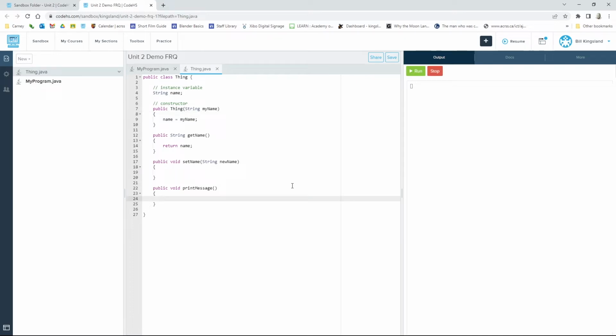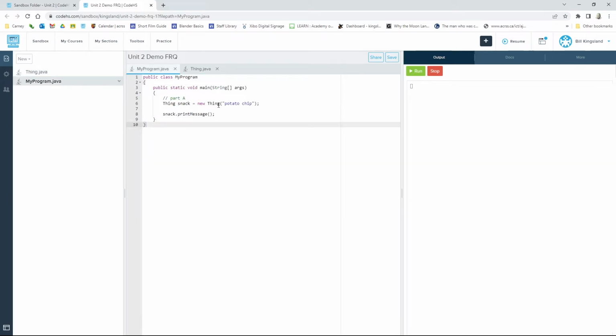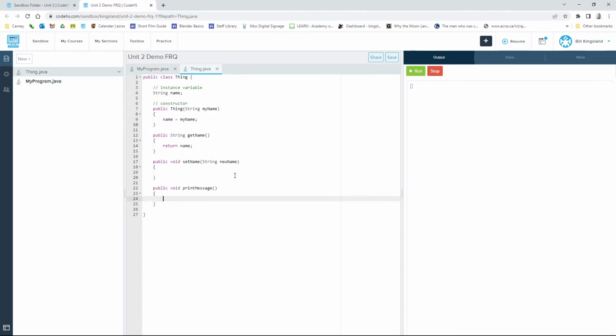Okay, for our printMessage method, what we want to do is output the name of the object is great. And so the value of name, which in this case is potato chip. And so how do we do that? Well, we go System.out.println, and we'll go name plus